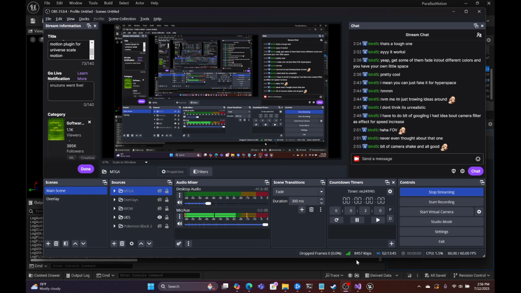Yep. Bit of camera shake, maybe like an overlay on the screen to give some speed lines or speed blurring along the edges of the camera, like a post process effect or something like that, and you're good. As you approach max, you could say 60 miles per hour is the last point at which you have your default 90-degree field of view. Then from 60 to 140 miles per hour, you're gonna lerp between 90 and 100-degree field of view, and then